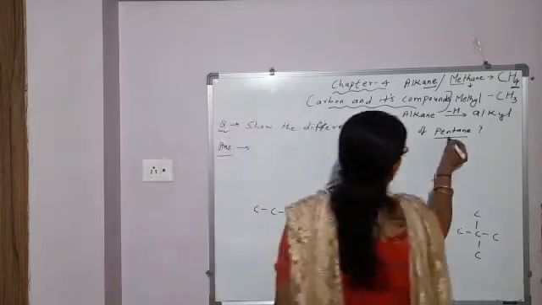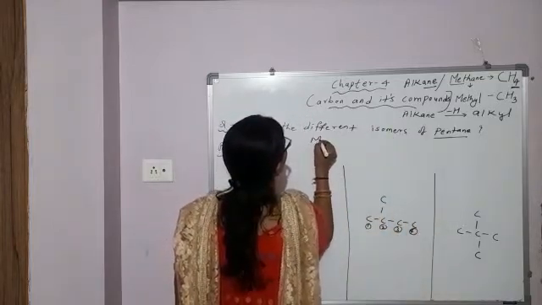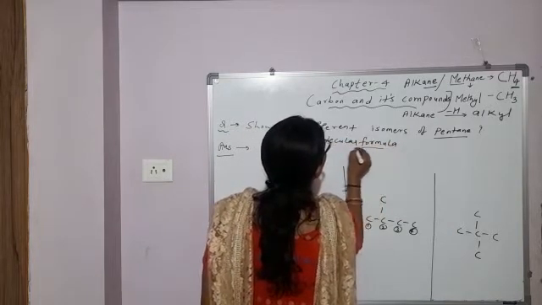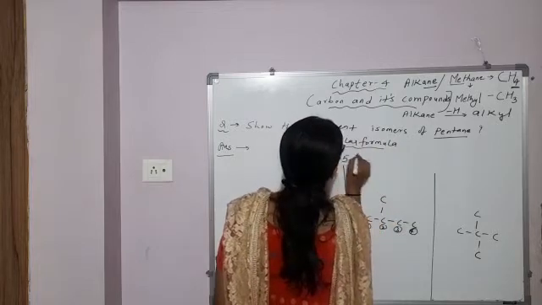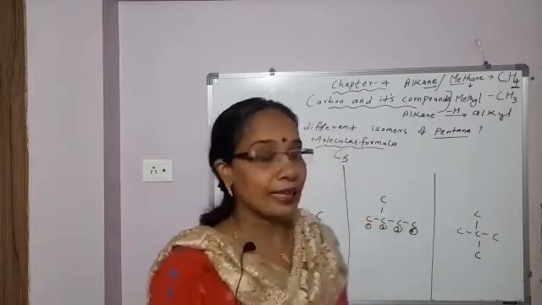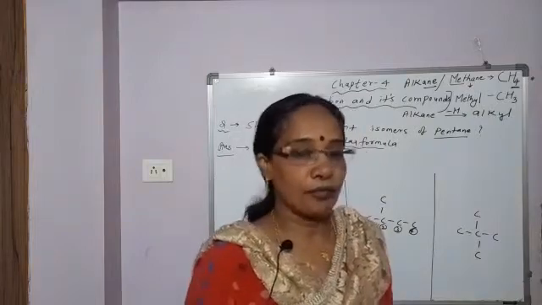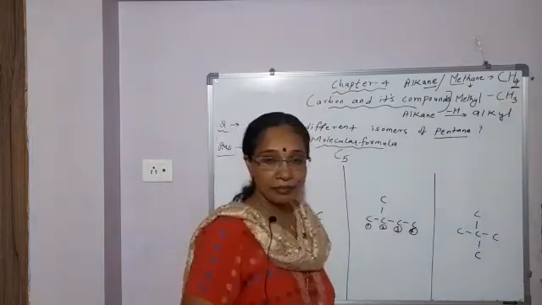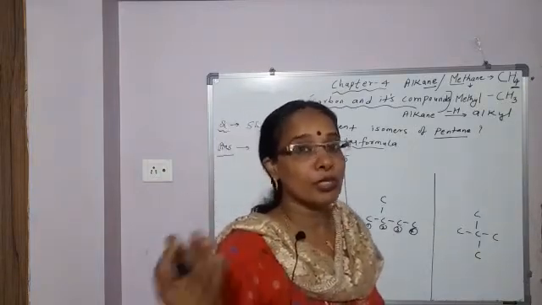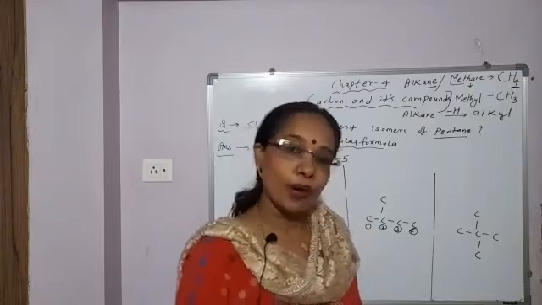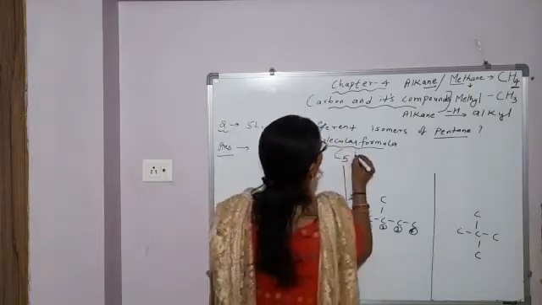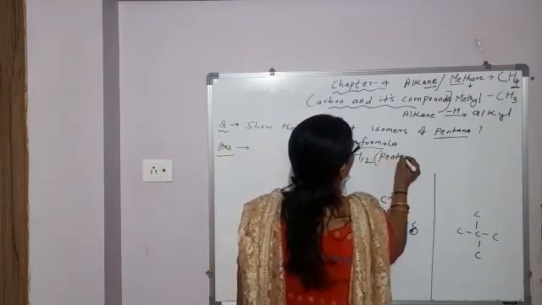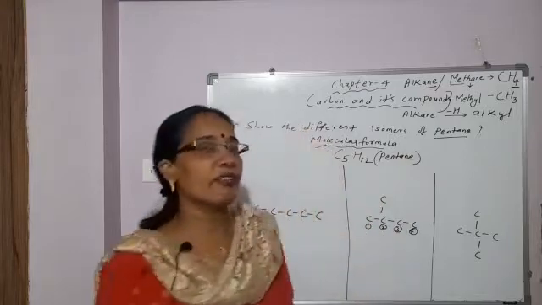Now pentane, what will be the molecular formula? Pent means 5 carbon atom. And ane means it is alkane, single bond between carbon atom. And for alkane, how many hydrogen atoms will be there? Double of 5, double of carbon atom. So 5 2s are 10 plus 2, 12. So C5H12. This is molecular formula of pentane. So you write the molecular formula first.